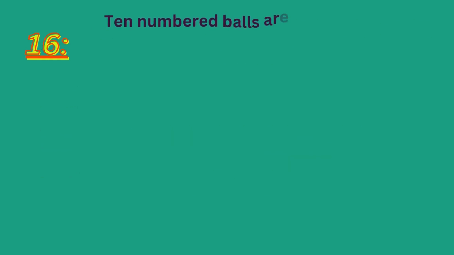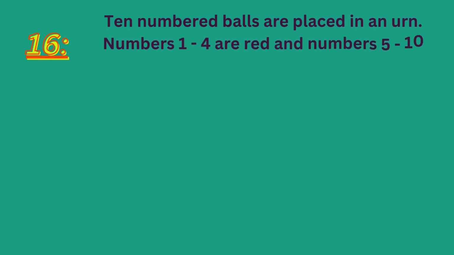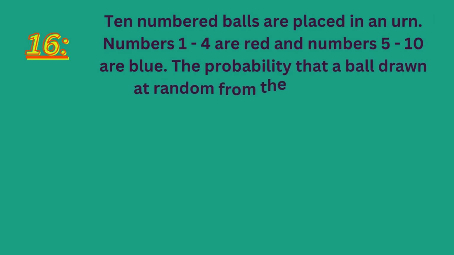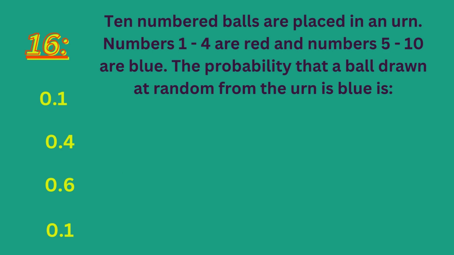10 numbered balls are placed in an urn. Numbers 1 to 4 are red and numbers 5 to 10 are blue. The probability that a ball drawn at random from the urn is blue is 0.1, 0.4, 0.6. The right answer is